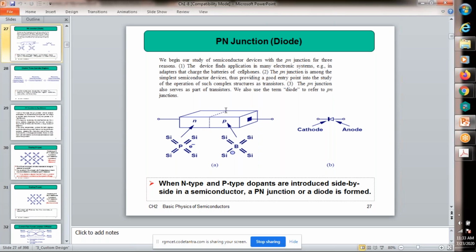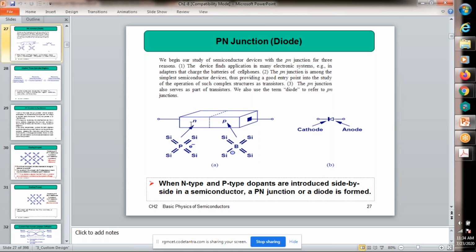But in practice, there exists some small voltage. Once again, here there is only P-type and N-type material, and there exists a junction. At the junction, what is the voltage? 0.7 to 0.8 volts, only small. That width is very, very small. Outside this small space region, or depletion region, the electric field is 0 and the voltage is also 0.